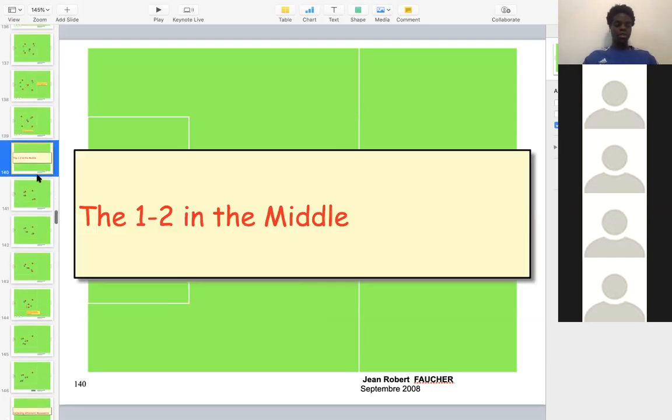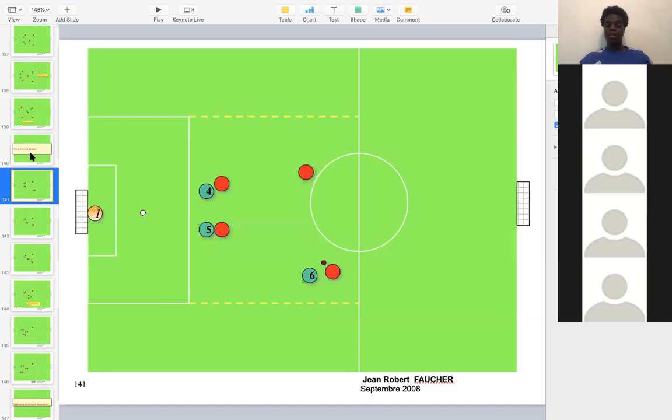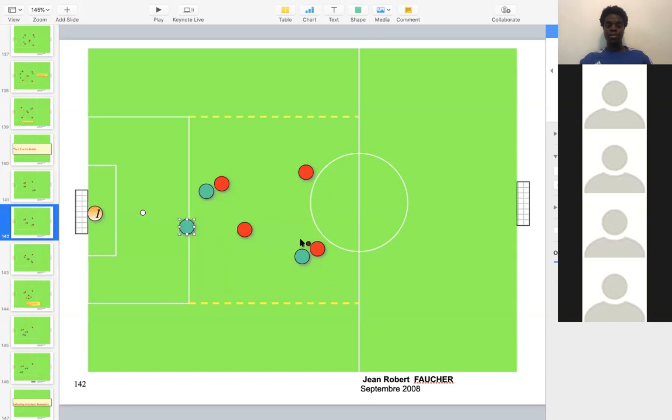So, one more. The 1-2 in the midfield. I love performing 1-2s. I hate defending against 1-2s. So how do we defend against 1-2s? I believe we looked at 1-2s in the midfield. Now we're looking at 1-2s, defending them as center backs. Come in, checks in. We, again, as we discussed, are following our attacker in this scenario, not giving them time to free up space. The last thing we want is for them to receive the ball and be able to turn and attack us. Not there, at least. So we follow our attacker,